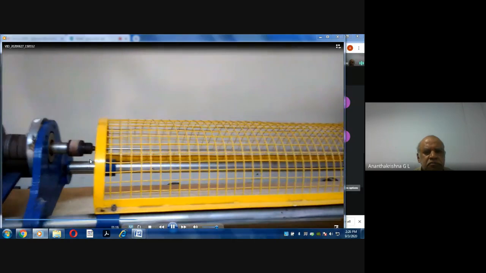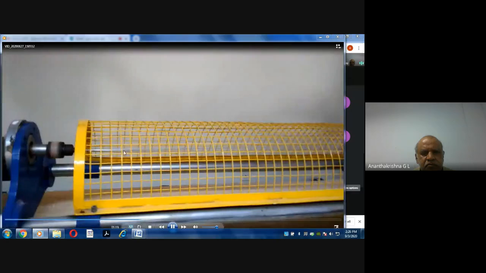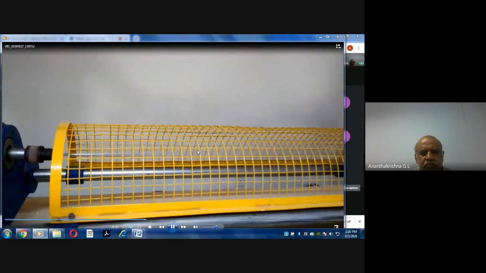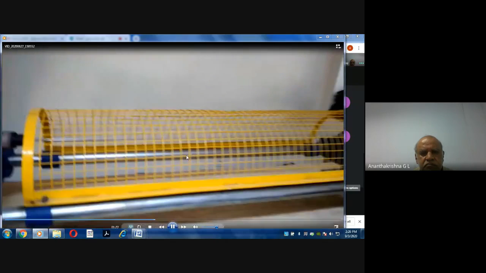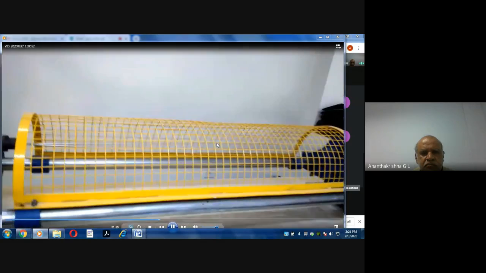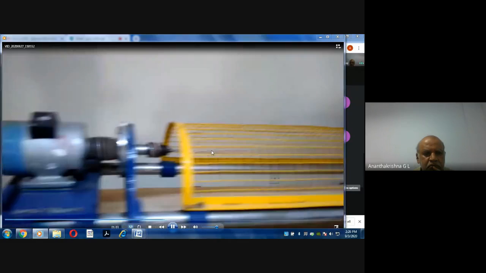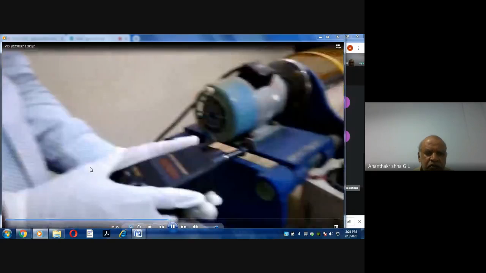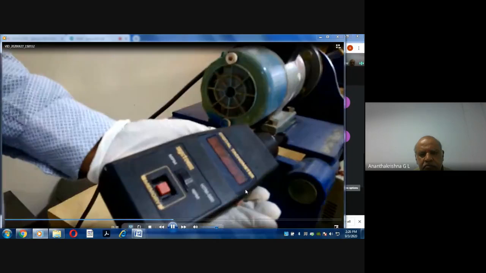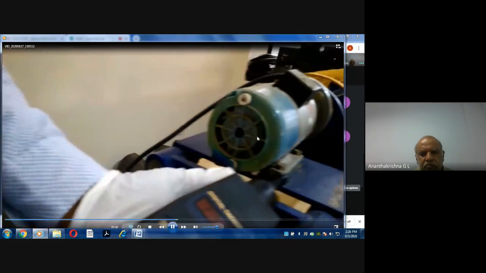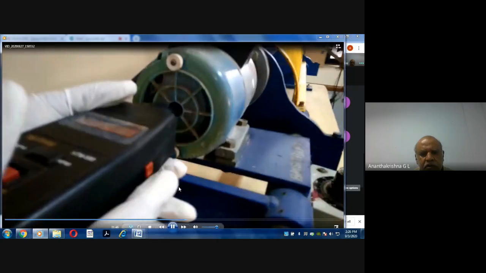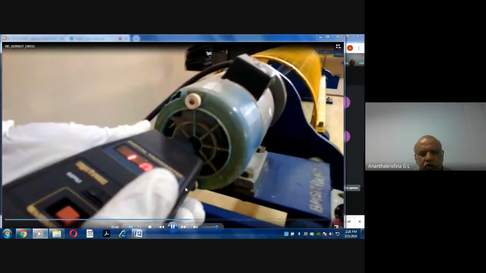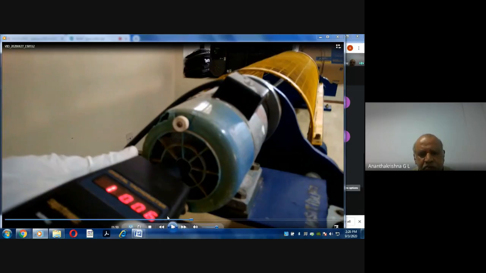Okay, the shaft has started rotating. The moment you get a bow shape in the shaft, that indicates the first mode of vibration of the shaft. Once you get that, now take the digital tachometer and place it at the position given on the motor. Place the tachometer on the position and keep the knob pressed. If you don't keep it pressed, you will not get the RPM reading over here.